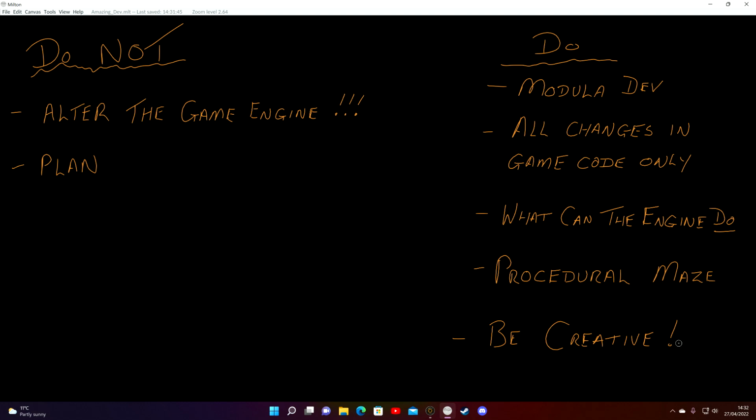One person might say, oh, well, I'm good at input and output, I'll do the input and output for it. Another person might say, well, I'll concentrate on the rendering. Another person would say, I'll do the maze, which is where we're going to start, by the way. We're going to start by doing the maze.